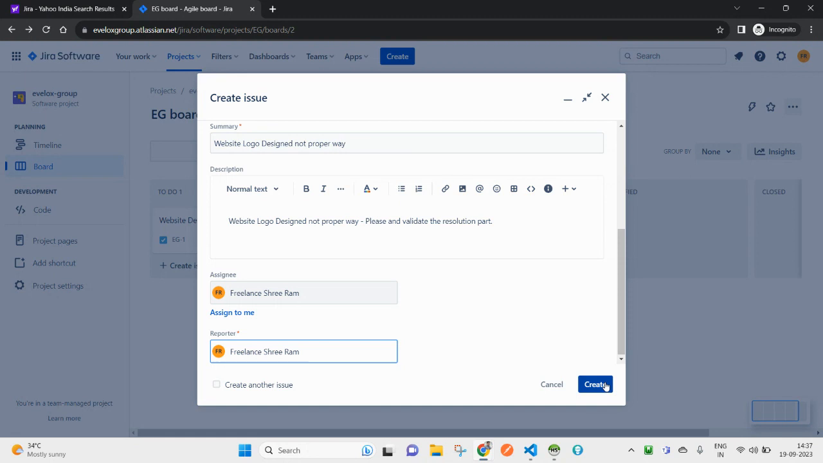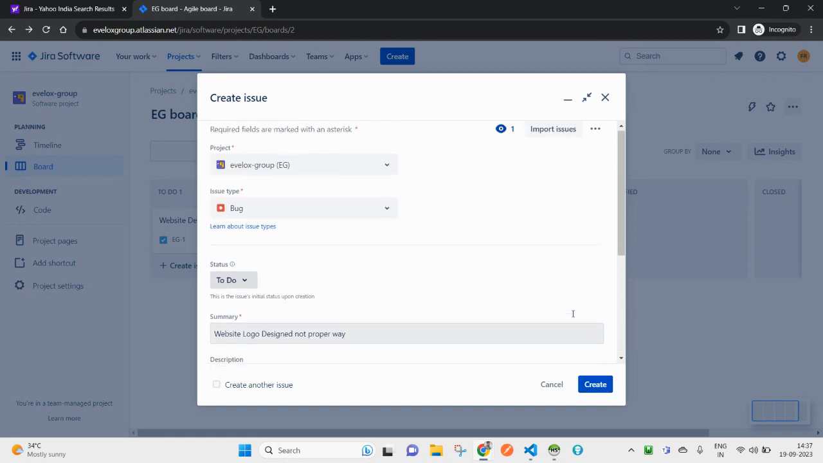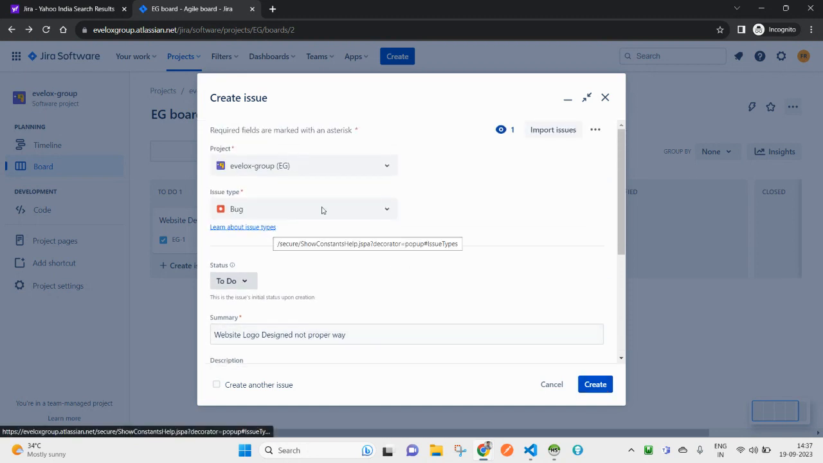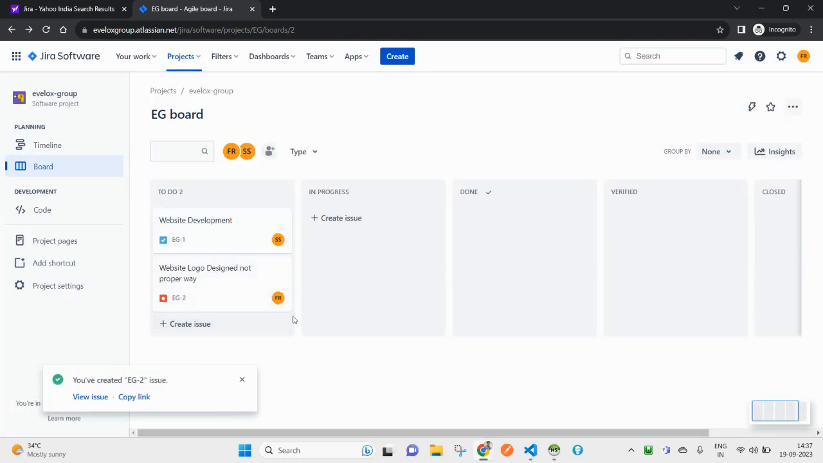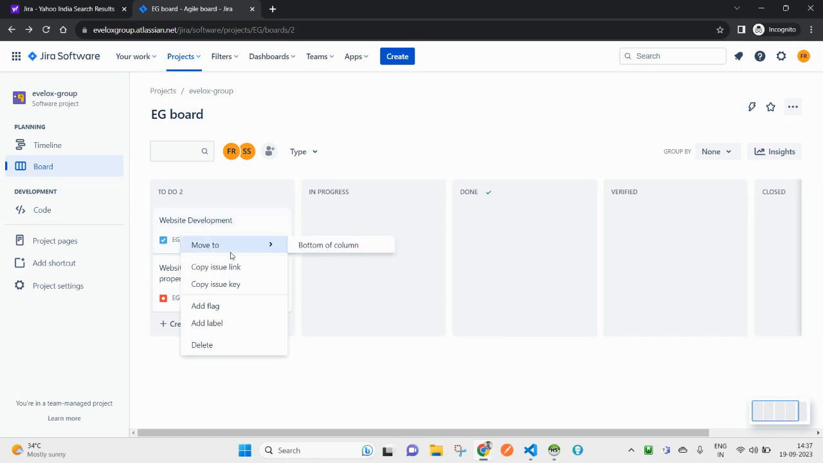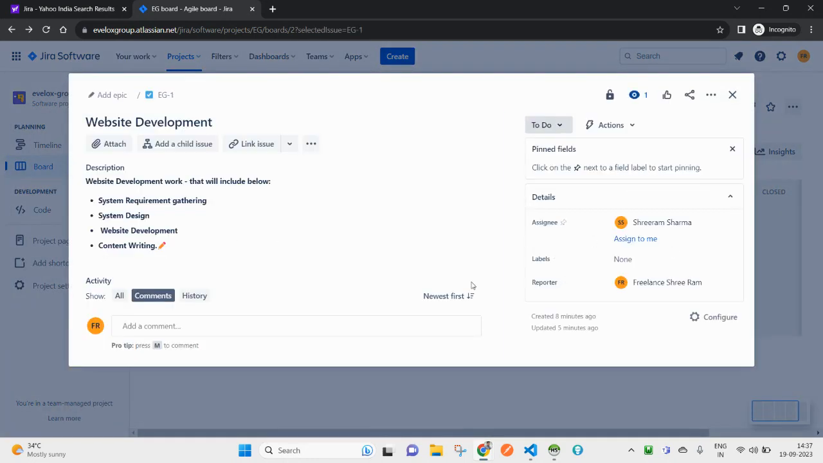So create, click on create. So now you can see we have created one task and one issue. Okay, so let me edit this first one. If you want, you can